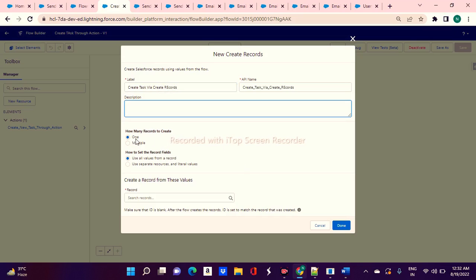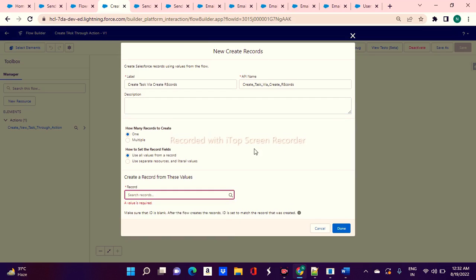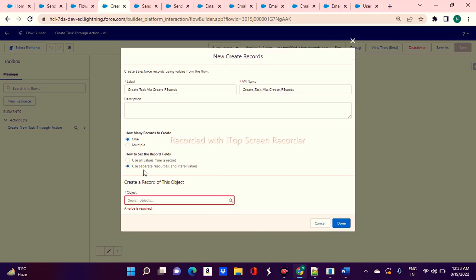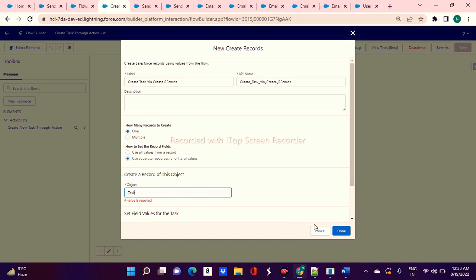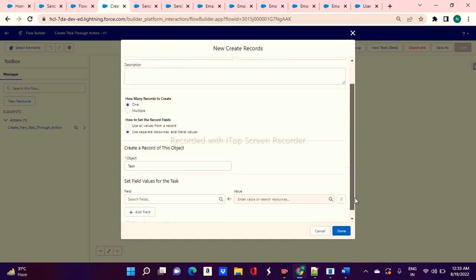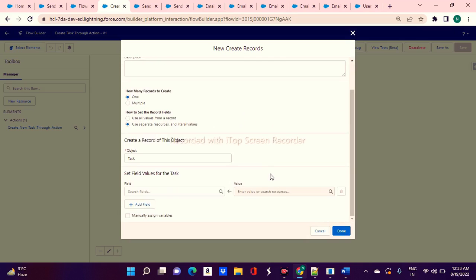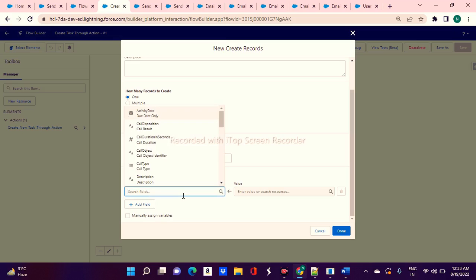Okay, how many records you want? I have kept it one. Now you have to select this option, use separate resources and literal values. Select the task. If you notice, when we created the task through the actions, you will not get options like setting the priority. The priority field you will not be able to see there, only some set of fields are visible in that case. But if you want to customize that, you have to go ahead with the create records option